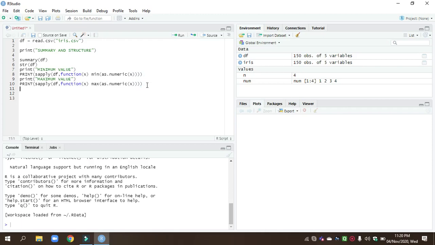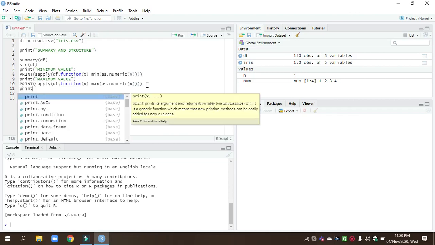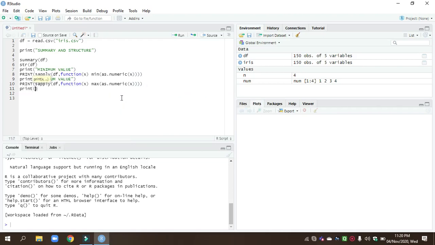Now we are moving to the next function, finding the mean or average value. Print the average value.